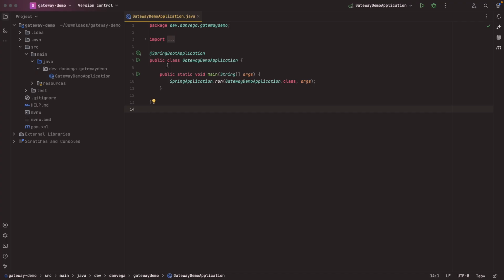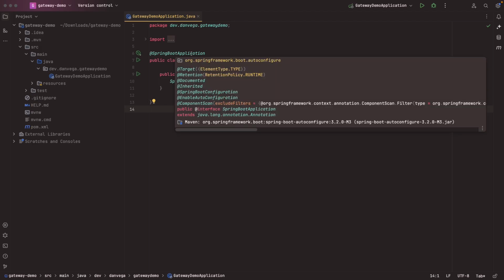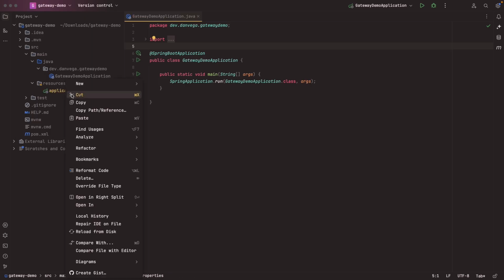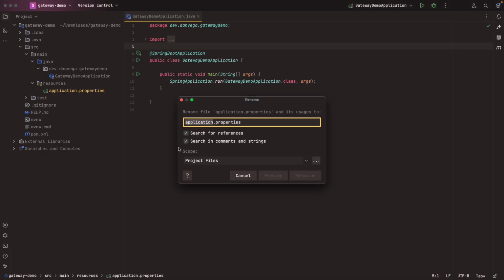Here's our gateway application that we just created at start.spring.io. We're going to create some routes, a way to route traffic to our downstream services. Now, as I mentioned in the beginning, we can do this using a Fluent Java API, so we can write Java code, or we can do this through configuration. So I'm going to start with configuration. I'll show you an example of the Java code, but mainly this is where I configure this